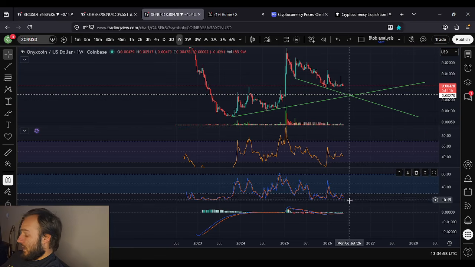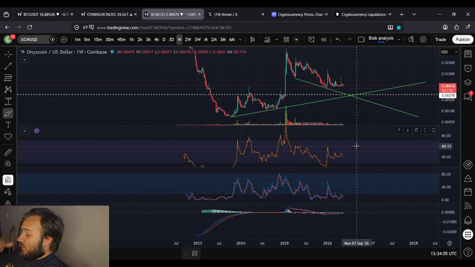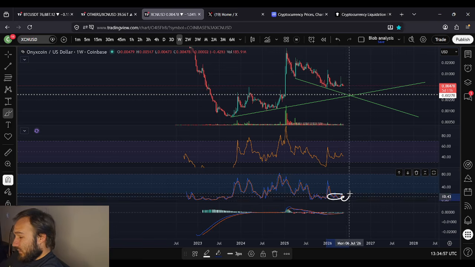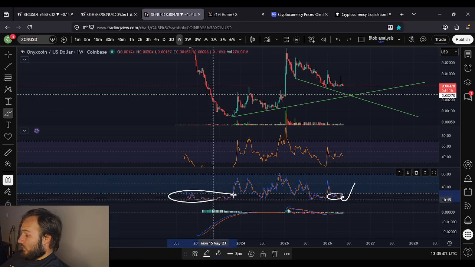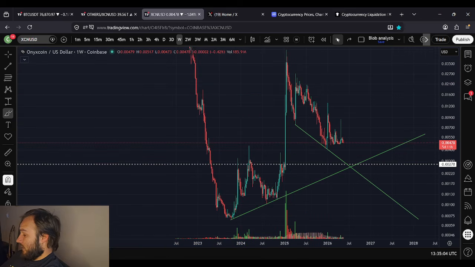Weekly RSI is neutral right now. The stochastics are oversold. It's not that we can't move lower, but we've been oversold for some time. You would think that there's some upside coming. We can be oversold for a long time, though, guys. We don't have to move up right now.